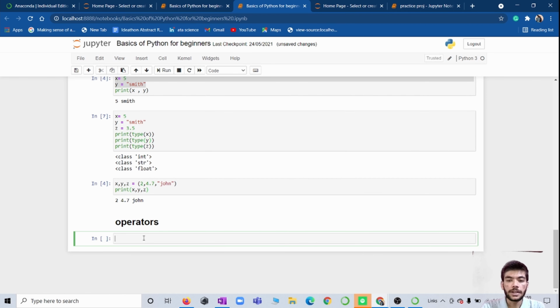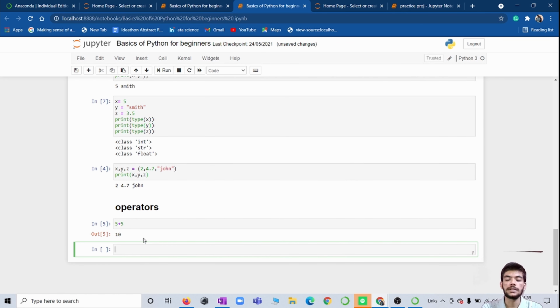So in operators we will write the first, addition. I will show you a few examples about the operators. We can write directly 5 plus 5. Hit the shift enter and you will get the answer. So you can do the similar thing, that is 5 minus 5, 5 into 5, 5 divided by 5, all that stuff on your own. That's quite easy. If you want to run, I have told you the command, that is hit shift enter, or you can also run from here. One thing again I would like to include, that is indentation in Python.